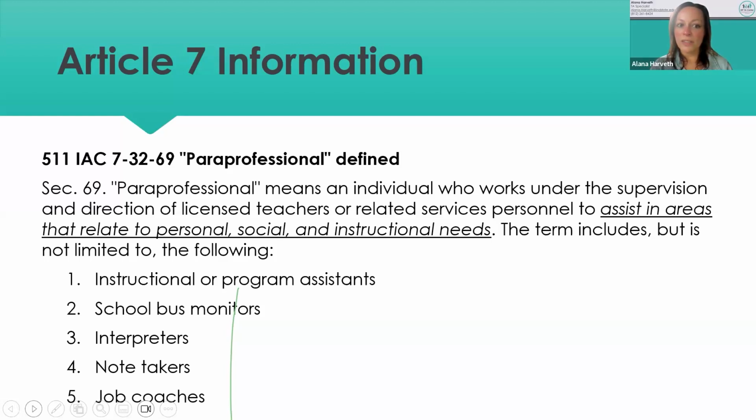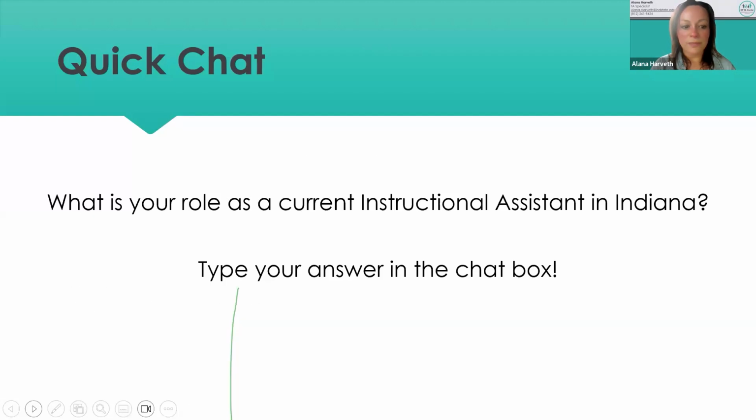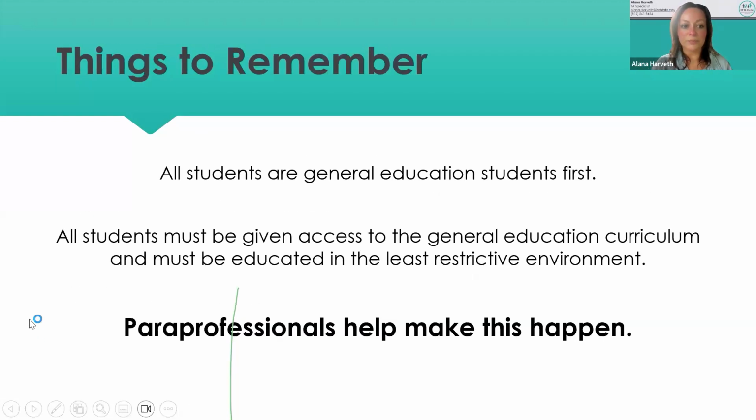So anybody that's a paraprofessional, we kind of hit on all of these, and I didn't hear any school bus monitors, but there could be an aide or a para in there. You said the blind, low vision, and the related services, and it talked about that in the definition. So we definitely have everybody. And in the 18 to 22-year-old program, there are job coaches, and they are also typically instructional assistants, unless they have a license or something, but that is another place where they are. So thank you guys for that.